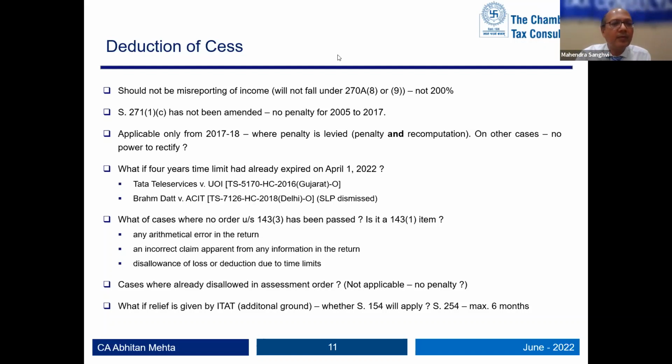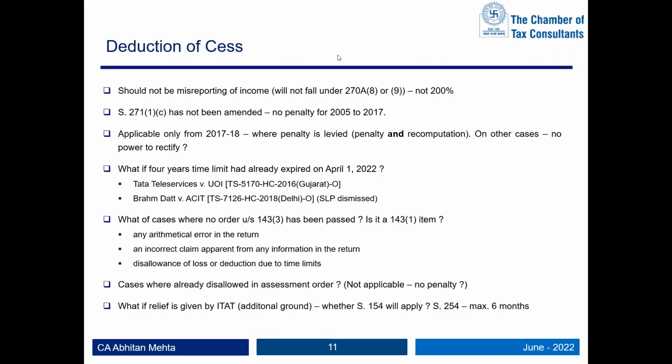Just on this 143. So what is 154 really? 154 is a rectification of a mistake apparent on record of an order passed by authority under 119. So what order was passed under 119 was 143(1) order. What he's allowed to do in 143(1) is three things. Has he made a mistake in doing those three things? No. 154 is not an independent section. Any 154 order is read with a 143(1) order or read with a 143(3) order. So the power of 143(1) should first permit that. Then you can come to 154 for that.